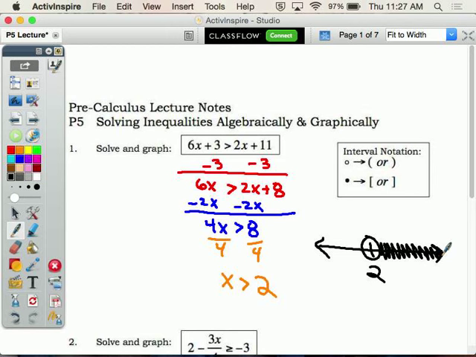Today, we're also going to add a new piece of information. We're going to add the symbols using parentheses or brackets. A parentheses means the number is not included. A bracket means it is included. So off to the side here, not included, usually involves a greater